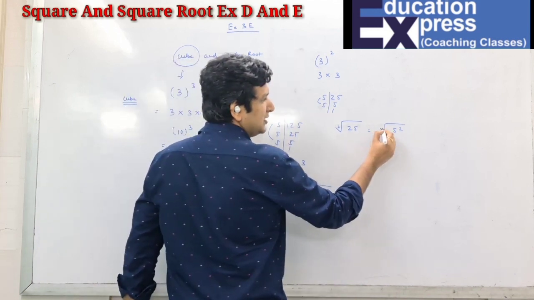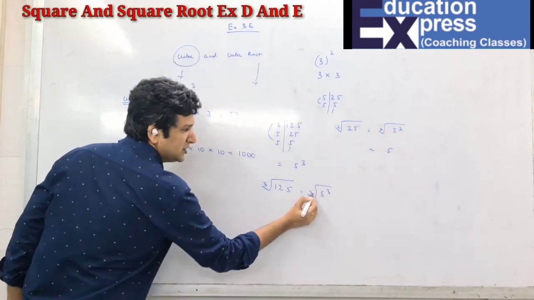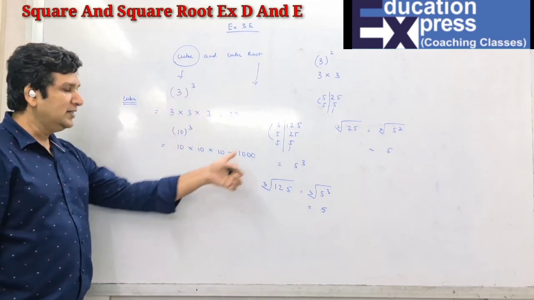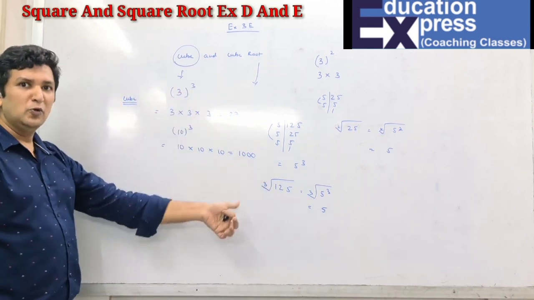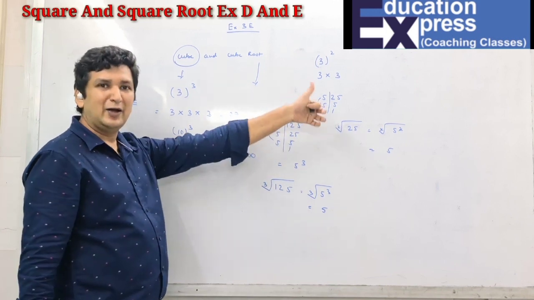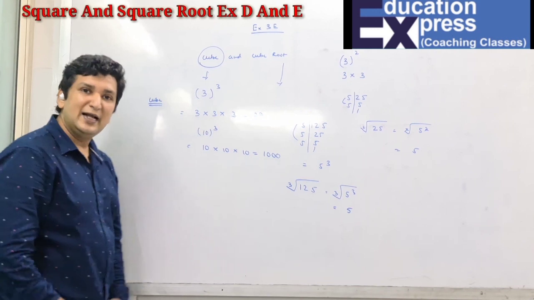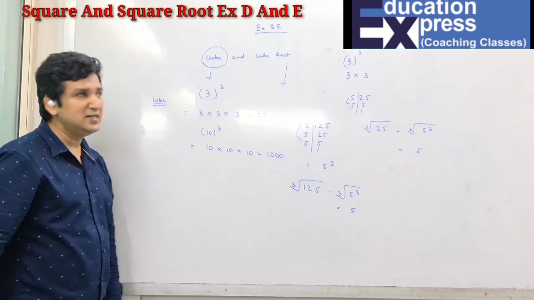Here also, students, this and this cancels. Here also this and this cancels. The answer will be only 5. So this is cube and this is a cube root. So in cube root, simple, we have to follow exactly like a square root only. But there we make a pair of 2, here we have to make a pair of 3. That's the only difference. We'll start with exercise 3.